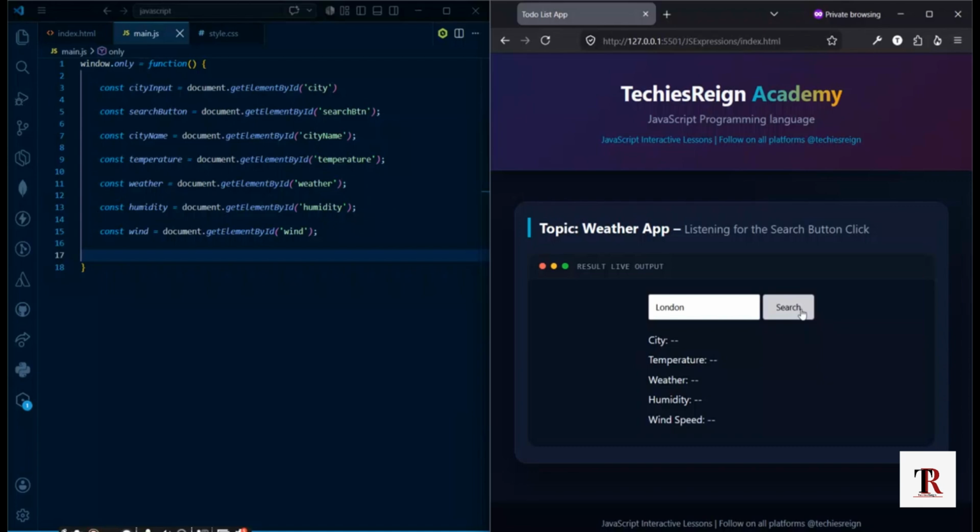So in this lesson, we are going to make it listen for a click. And when it is clicked, JavaScript will read the value inside the input field here. It will store it in a variable and display it on the page. So for now, we are only going to display the city name to confirm that the button and input are working correctly. So let's move into our JavaScript code,